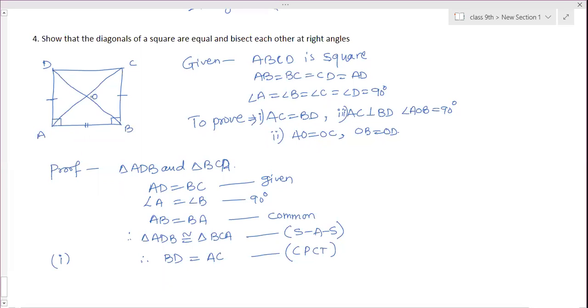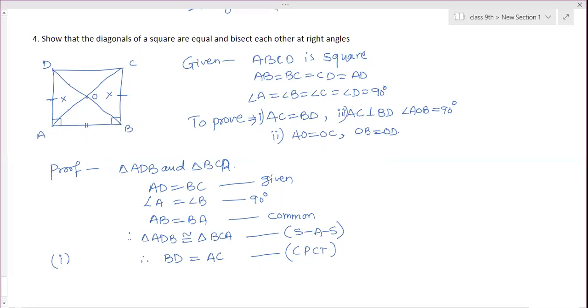Now second part, AO is equal to OC and OD is equal to OB we have to prove. How to prove that? Ma'am, by taking the small triangles, the adjacent small triangles. No, adjacent, opposite. Okay, AOD, because we have to prove OD and OB are equal, and OA and OC are equal. So if we prove opposite, the same thing as we have proved in parallelogram, the same here also we have to do. If we take adjacent, we have to do two congruencies.